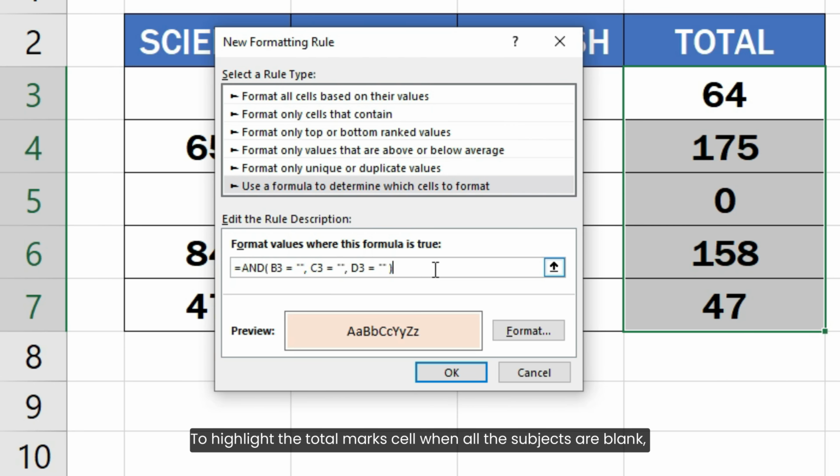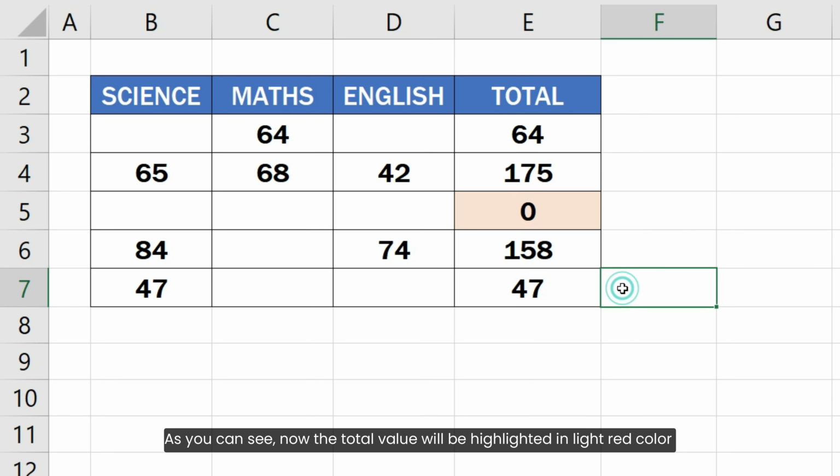To highlight the total marks only when all the subjects are blank, we need to slightly change the formula. Here, instead of using the OR function, I will use the AND function to check if all the individual subject values are blank like this. As you can see, now the total value will be highlighted in light red color only when all the subject